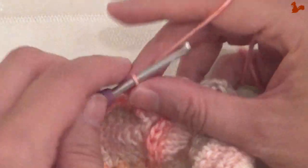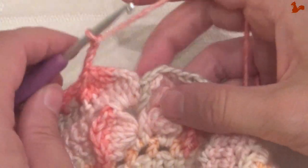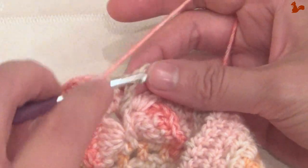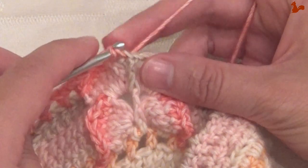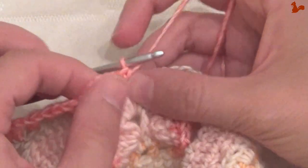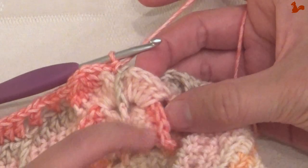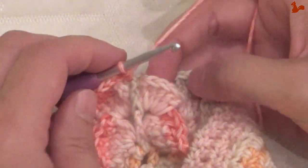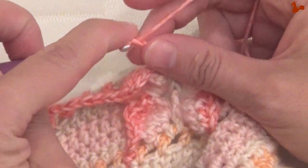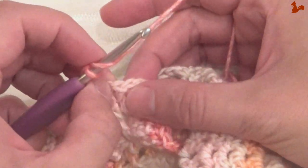Chain 4, 1, 2, 3, 4. I'm going to work a double crochet here in this front post treble that's here in the middle. So in there, work a double crochet, and then just make sure to pop the chain back to the back. You want this forward while you're working the stitches. You want this to be to the back here. Again, a chain 4, 1, 2, 3, 4, and then on the next butterfly here again a treble 5 together,